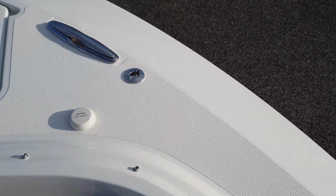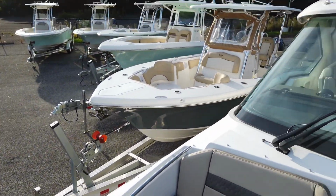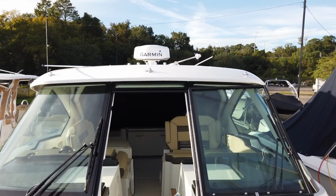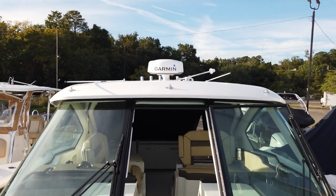The post plugs in there, and then the actual shade connects to these up top. See all your antennas. Good picture of the hard top. And a nice picture of that